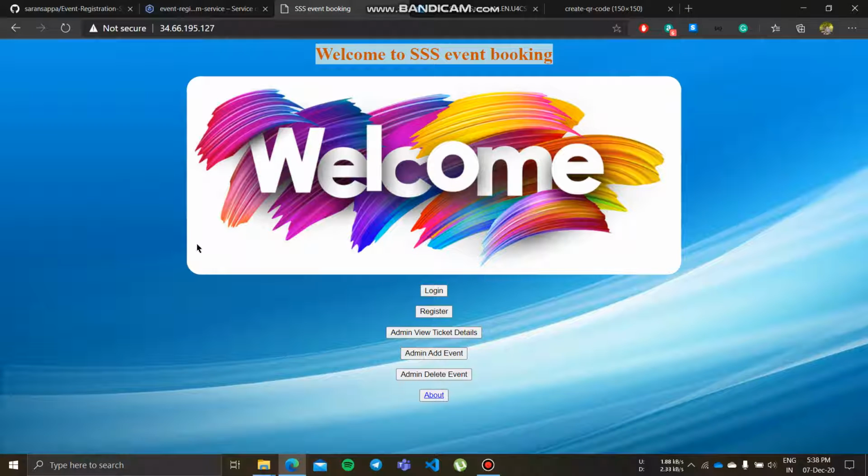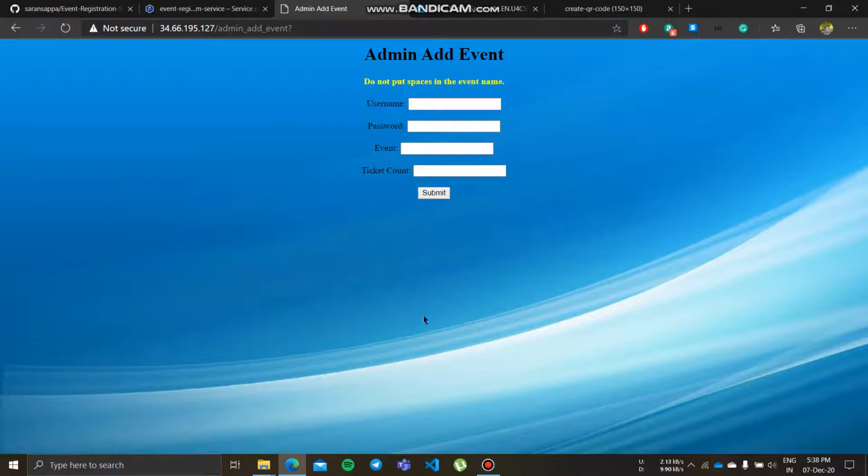and we're back. Now there are some other things in our application which can be visible to admin. Like we can add an event here, admin add event. This is the username and password of admin.